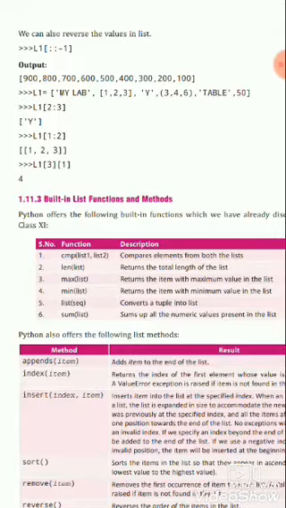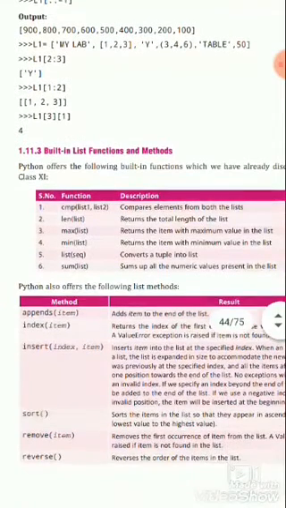There are some methods to edit or update our list: append, for adding items in the list. Index means finding the index number of any item in a list. Then the insert method is used to insert any item into the list by its index number.